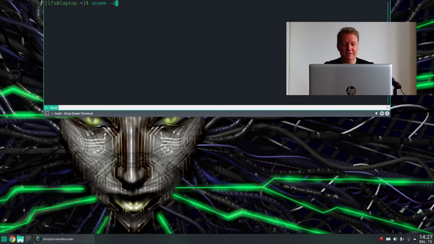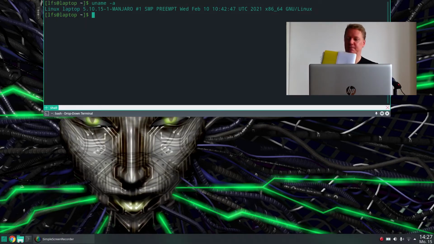I have a new laptop, as you can see, and I'm running Manjaro Linux on it with Linux kernel 5.10. And for the whole process, Linux from Scratch tells you to install, of course, some packages. So I would need to install bash. Well, if you have a Linux system, you probably have bash, but okay,